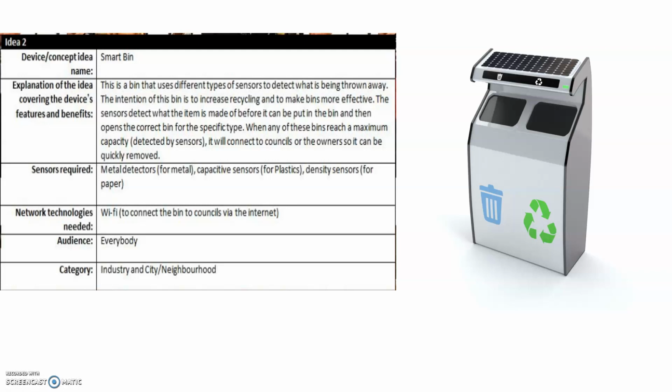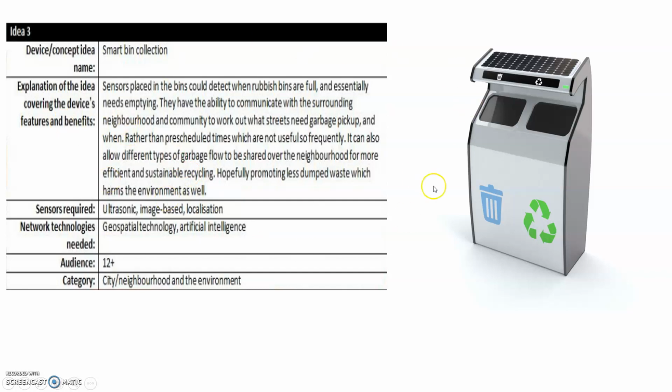I can imagine this working quite well in a family household, and maybe having internal competitions with members of the family about who's doing the most recycling and putting the most cardboard and plastic and so on into the bin, detecting the quality of the recycling, and notifying councils when it's ready to be removed. I guess that's more for a public bin, which I think is what this next one is. Actually, we had another smart bin collection one, but you can imagine this bin wouldn't be particularly useful for councils,